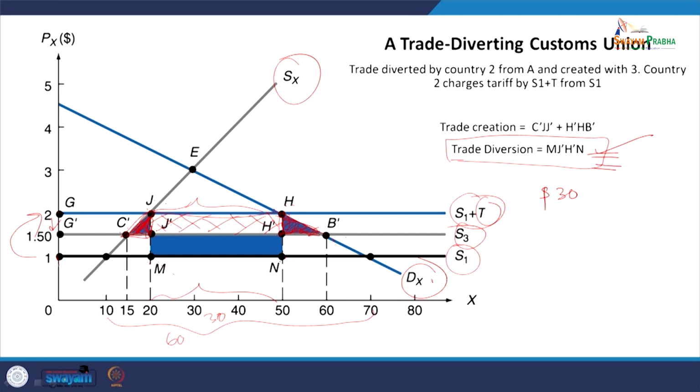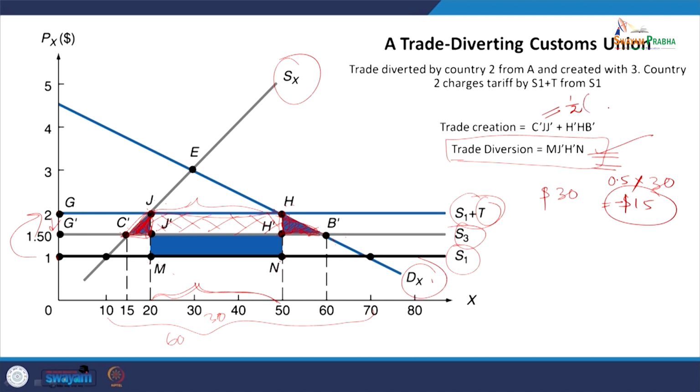So this is basically how much it is. From 1 to 1.5 it is only 0.5. So 0.5 times this area, 30, so basically $15 is the loss due to trade diversion. Whereas trade creation is of amount here. This is equal to half of